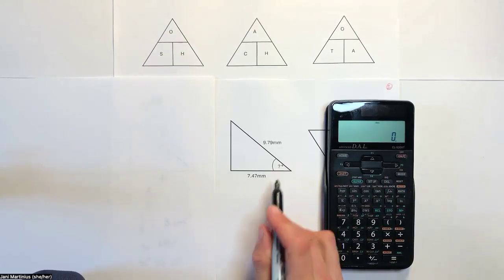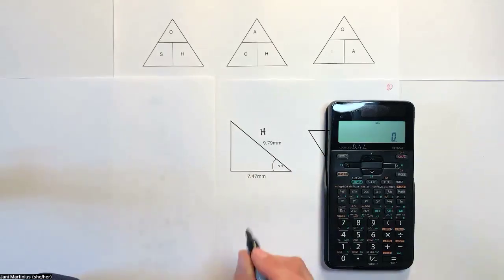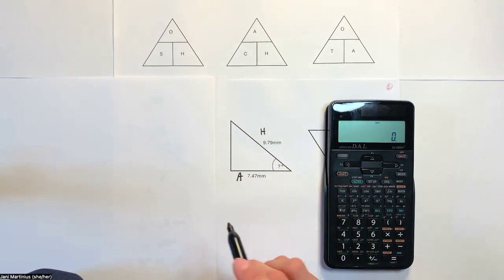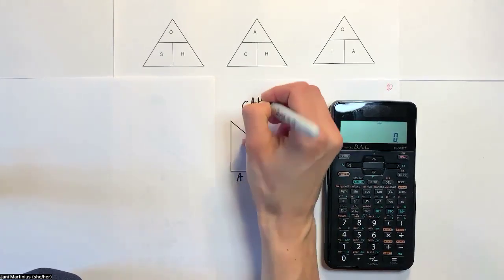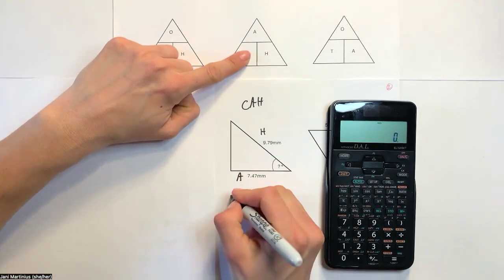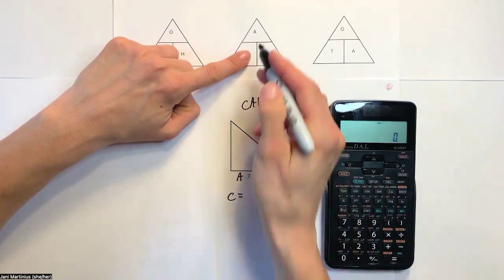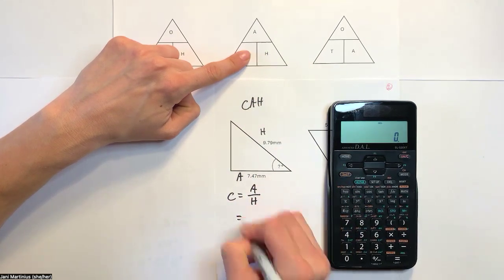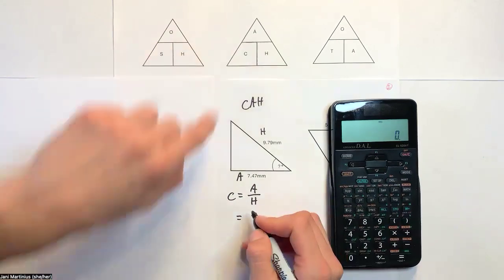We have an angle. It looks like there's a hypotenuse involved, and there is an adjacent. So we are within CAH once again, right? We have an adjacent and hypotenuse. Write that down so we don't forget. We're trying to find the angle, so we're blocking out the C. What's left is A over H. Plug in those numbers. A for adjacent,